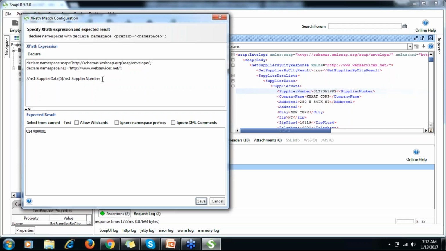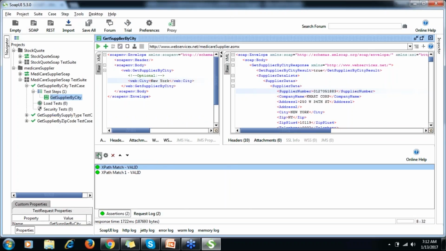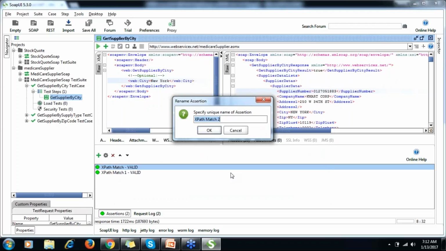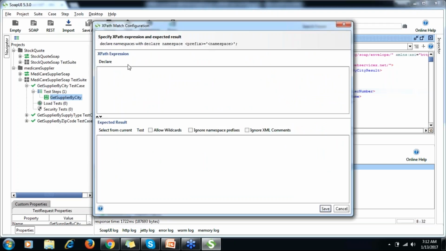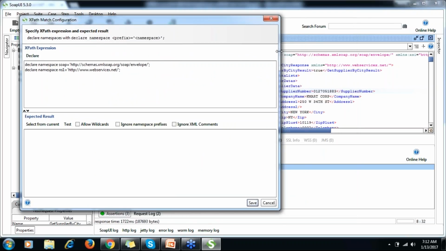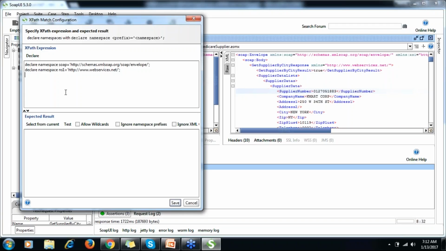Okay, so let me save this and take another XPath. This time I would say count. Let me declare its namespace. In XPath, if you want to count how many times a particular tag appears, that way you can get the count of suppliers.